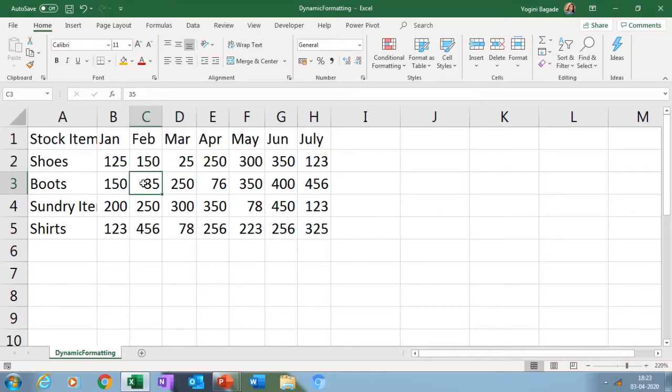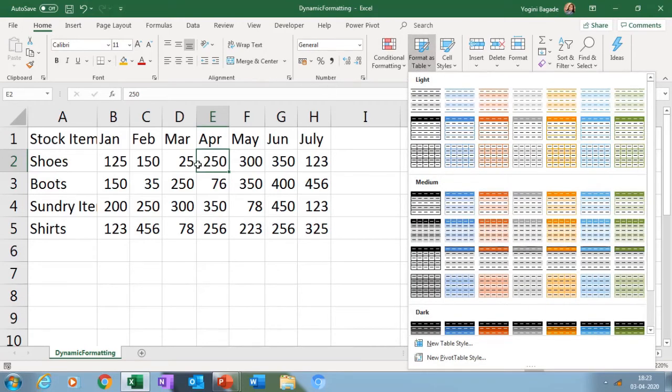Now this is achieved by making the data dynamic. Meaning, as your data is added or deleted, things created from that data will automatically update. So your graphs will update, your formulas will update, and also your reports will update. This is achieved by something which is known as a table. Now where is this option available? If I click on Home, in Home we have this option which says Format as Table.